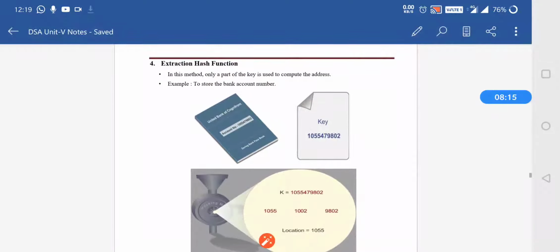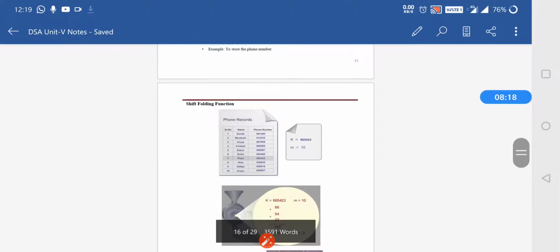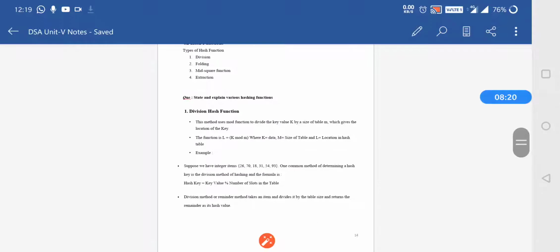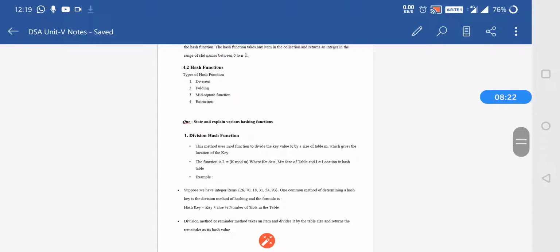So these are the four hashing functions by which we can map the elements into a hash table. First one is division, where the division formula is used. Second one is folding, where shift folding and boundary folding are used. Third is mid square, where the square is taken and then the mid value is found. And fourth one is extraction. So in extraction we extract some elements, and after extracting the element